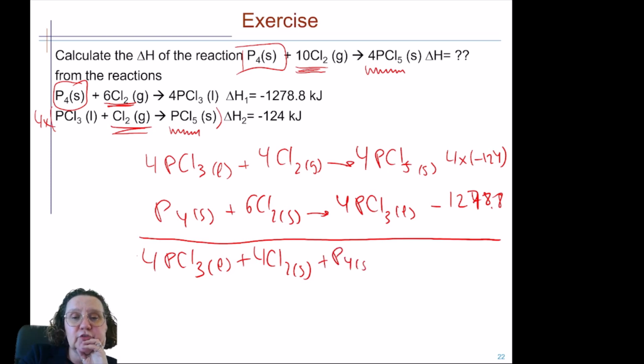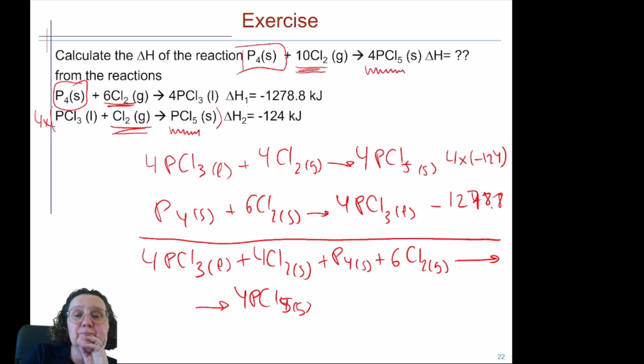Phosphorus in solid state and 6 moles of Cl2, and as products, I've got 4 moles of phosphorus pentachloride in solid form, 4 moles of phosphorus trichloride in liquid form,